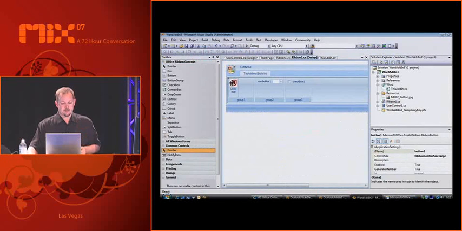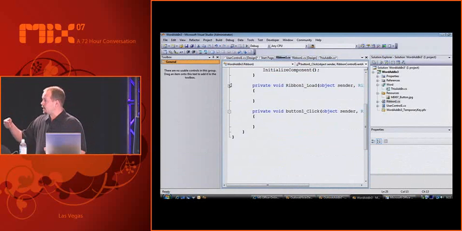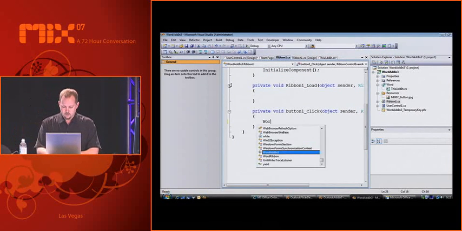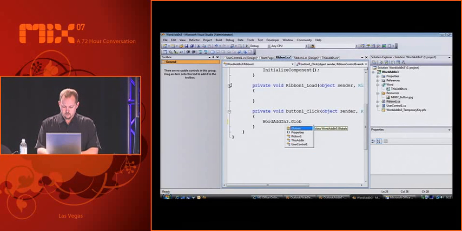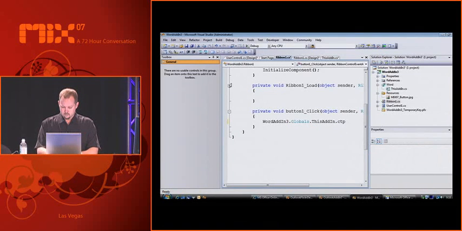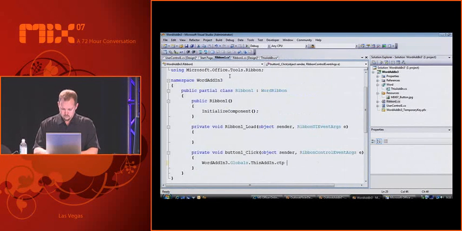Inside my ribbon class, I'm going to go ahead and double click on that button that I created that little image next to. And then I'm going to go ahead and say Word add-in 3. There's my CTP. Now that's odd.